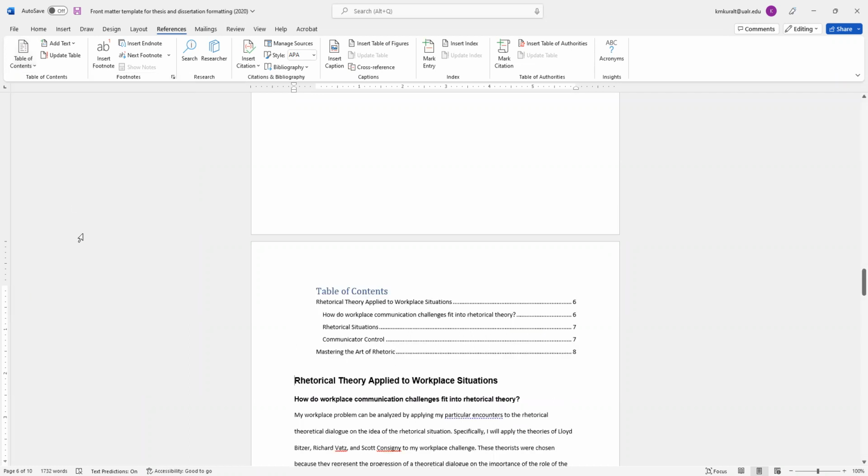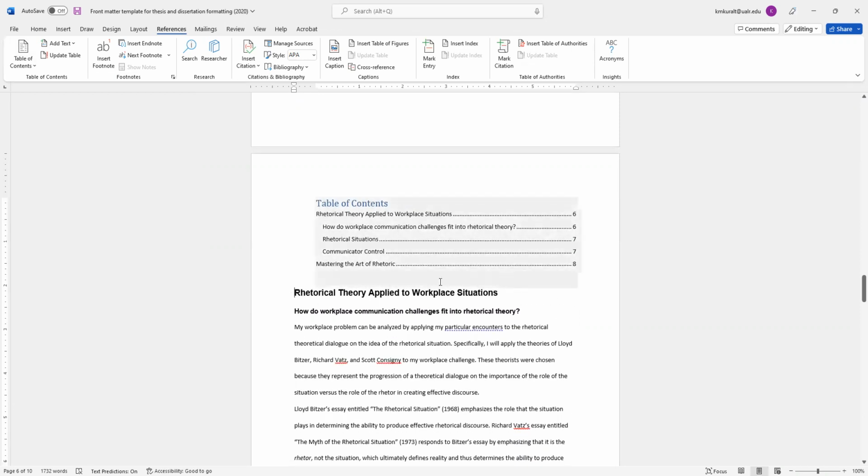Notice it dumps it in the top of my document. There's much for us to fix here, like we're going to have to fix the margins and the spacing again. But for now, at least we've got a table of contents. The only thing that is annoying to us is that, number one, it's not on its own page, and number two, all of the page numbers are wrong. So let's talk about how to fix that.